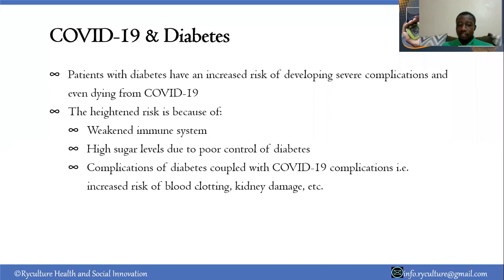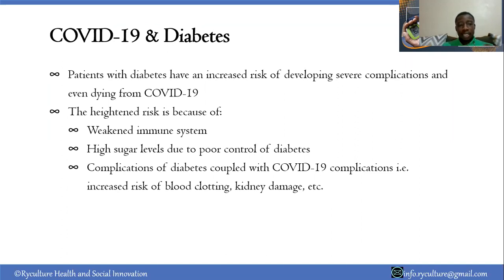Two, high sugar levels, which occur as a result of poor control of diabetes. If you don't manage your diabetes, or the patient doesn't manage, or your relative doesn't manage their sugar levels well, they have high sugar levels. With high sugar levels, for example, if a viral disease attacks you, we understand that viruses use your own cell development, cell division mechanisms. So if that is the case, then it means the growth of your cells is higher. As I mentioned initially, insulin enables your body to use glucose. If you have high sugar levels, the cells are replicating at a faster rate, and it means the viruses that are growing within the cells are also increasing at a faster rate. So you have a high number of viral particles in your body.